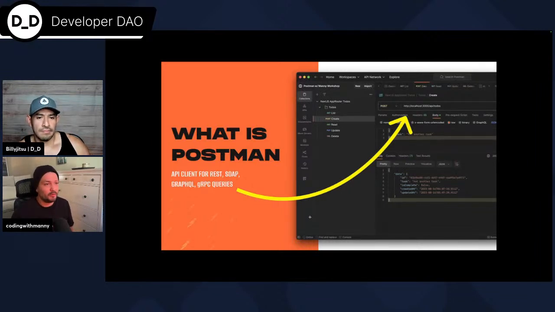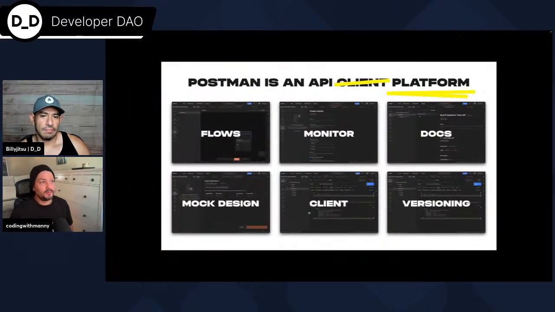And sometimes people think about it and say, oh, well, why would I use Postman? There's so much to it. I just need to do an API endpoint test. But Postman is not just an API client. It's a platform. And you've got to think of it like, if you're going to be building out an API